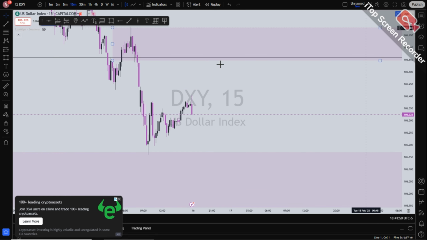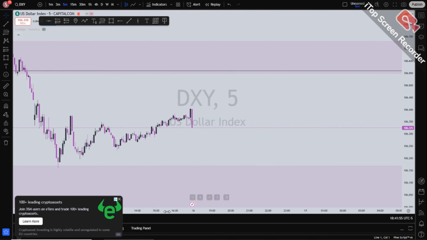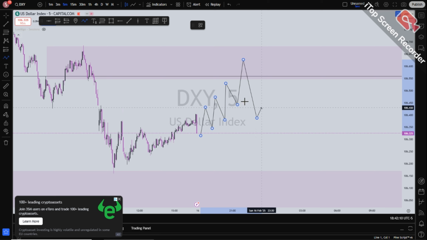So like we see right now, I'll be expecting price to come here, and I'll be waiting for structure to determine whether this zone is going to hold. For example, if you see price trade up like this, and when price reacts to this zone, we should be expecting price to break this previous low, forming a change of character and the previous value low. When I say value low, we'll explain why in another video. But if this is a value low and price breaks the structure and we have a retest here, we should be waiting for a retest here, and now we can take the trade to the downside.